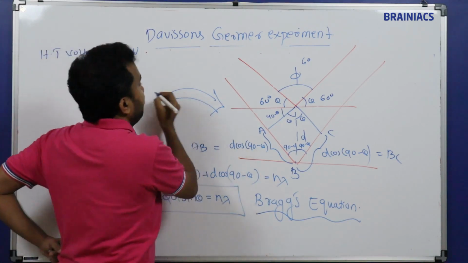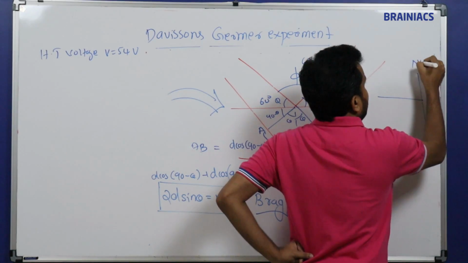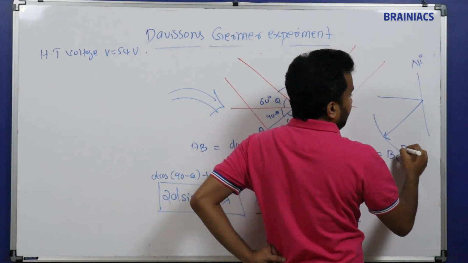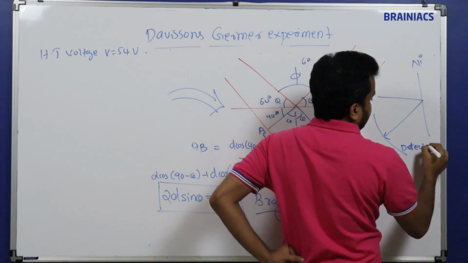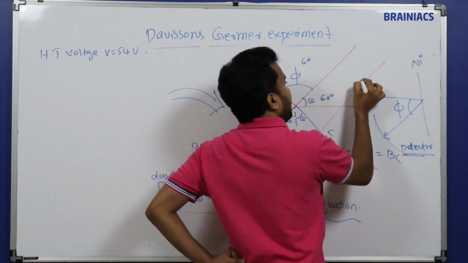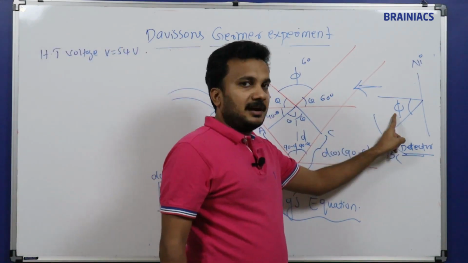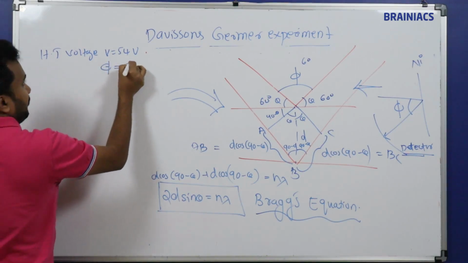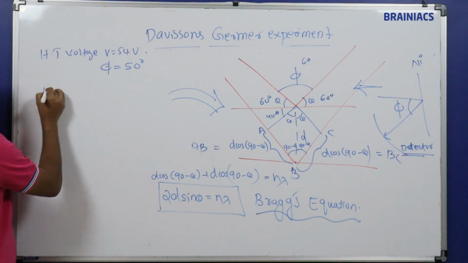Whenever a ray hits the nickel crystal and comes to our detector, this angle is called phi. So phi is the angle between the nickel crystal and the detector. When V is equal to 54, this is an experimental observation, phi is equal to 50 degrees, we